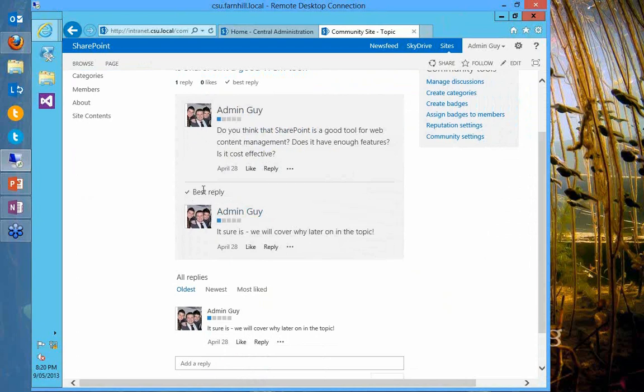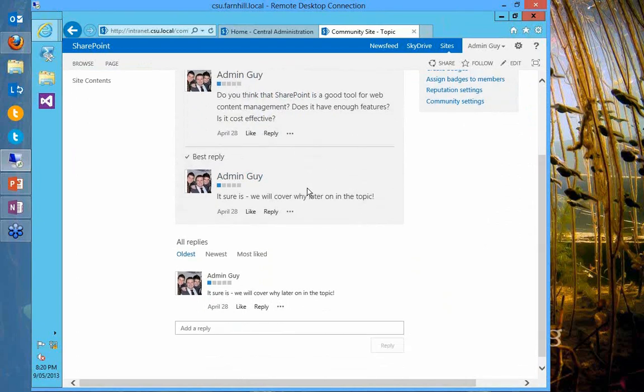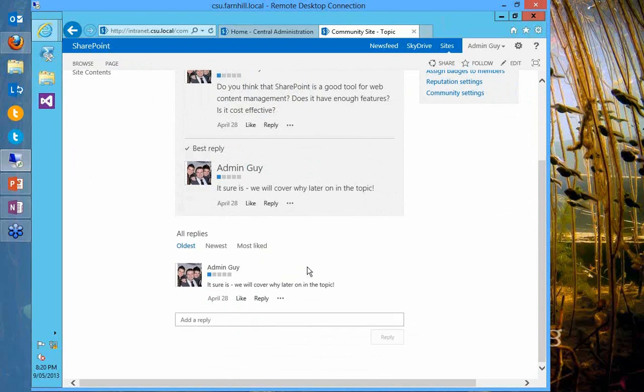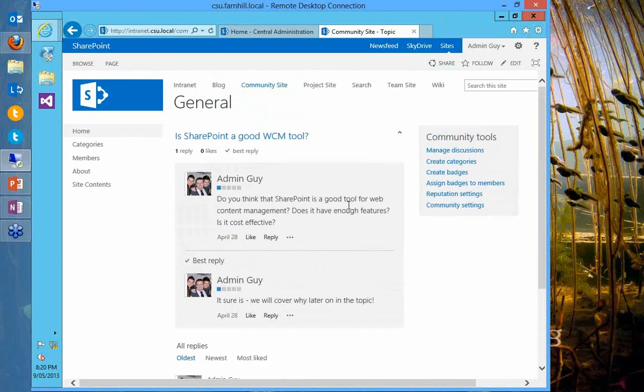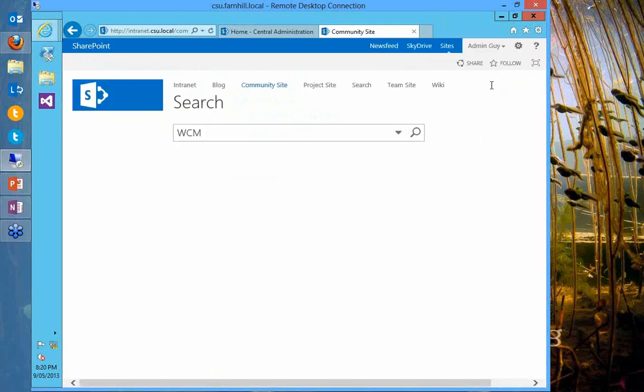You'll see at the top here it's got this thing called best reply. As the person who asked the question, you can actually come in and say which post answers a question. So that way if somebody sees the question, they also get notified of the answer straight away here. This is great because it actually then ties off into search. Whereas if I go and search for WCM,